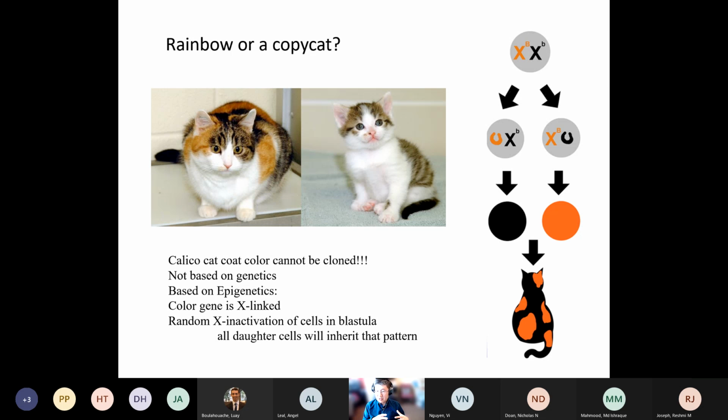When you reprogram a cell from a fibroblast toward a heart cell, or toward a pluripotent stem cell, nothing changes at the DNA sequence level, right? Because it's the same cell, the same nucleus. The chromosomes are still the same. So what happens is beyond the genetics. We have a term called epigenetics to describe that. So in today's and the next lecture, I'm going to cover the most important contents of epigenetics.